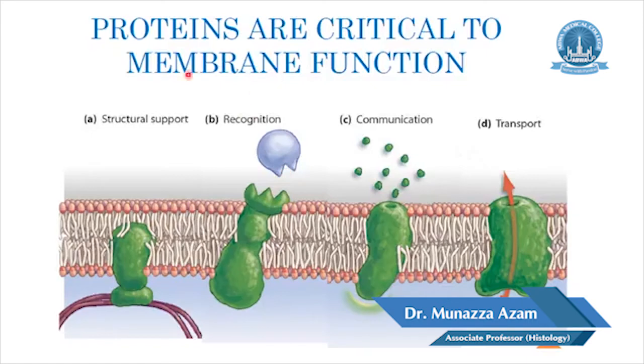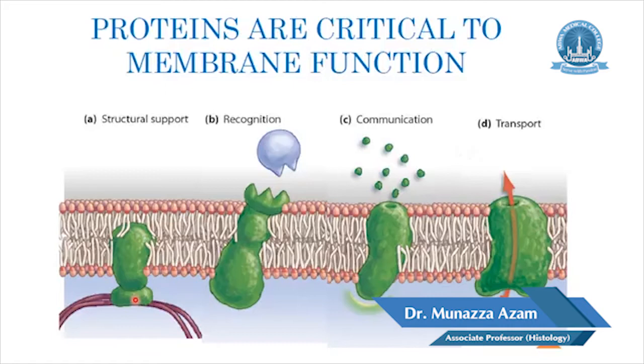Proteins are another critical component of the cell membrane, and they are a major constituent, approximately 50% by weight in the plasma membrane. There are two basic types of proteins structurally: integral proteins and peripheral proteins. Integral proteins are directly embedded into the phospholipid bilayer, and the peripheral proteins are attached on one side of the cell membrane, and they give attachment to further extracellular components.